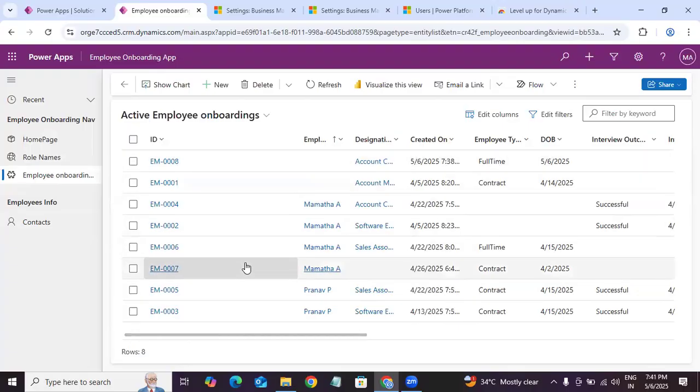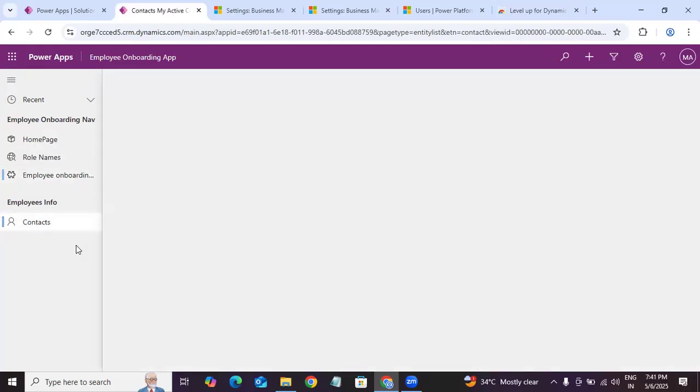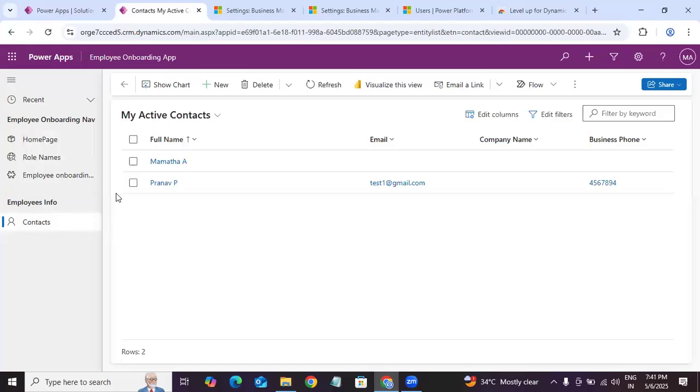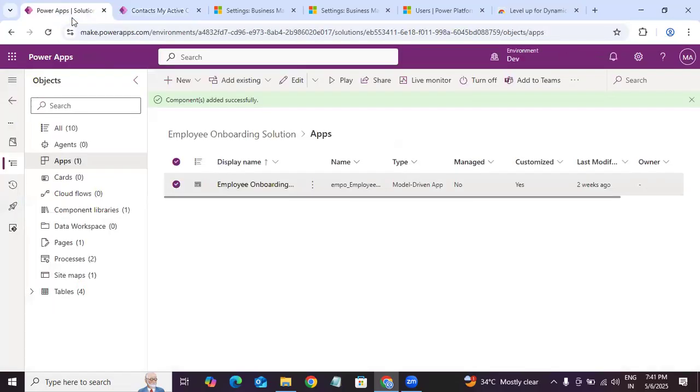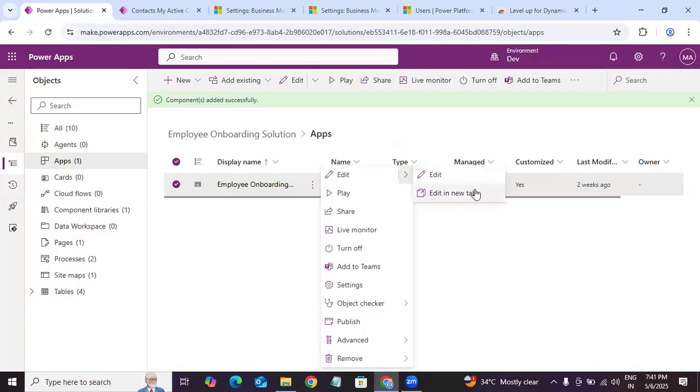Got it? Now, for example, contacts is there. Kalpana doesn't have access to contacts, but she is still able to see these contacts, right? If we want to achieve this, like a navigation bar based on our permission security level, that also we can achieve. How can we do that? I'll explain. If we edit the application here,